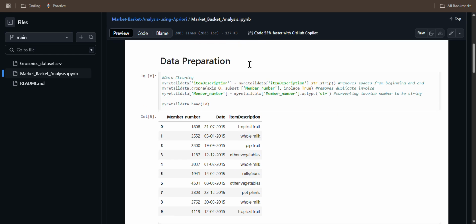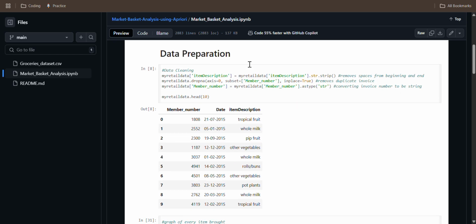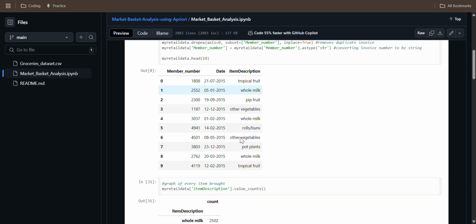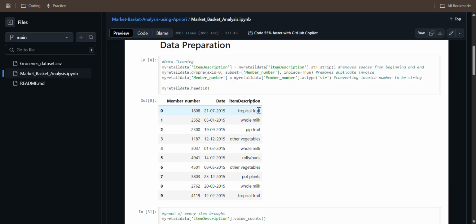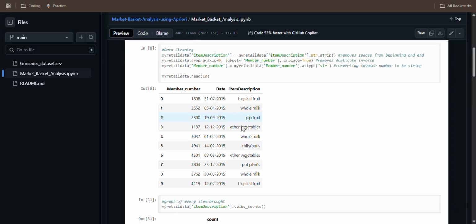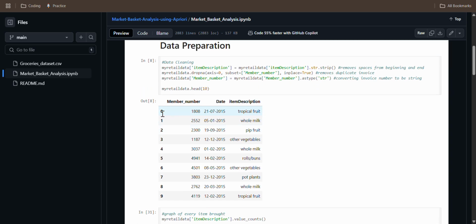Now we are on data preparation. In the item description column, we are removing any white spaces or blank spaces from the front or back of the text, which will give cleaner text.